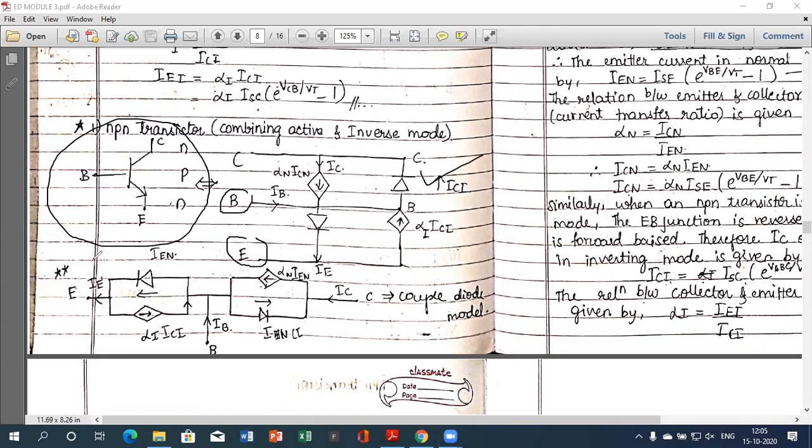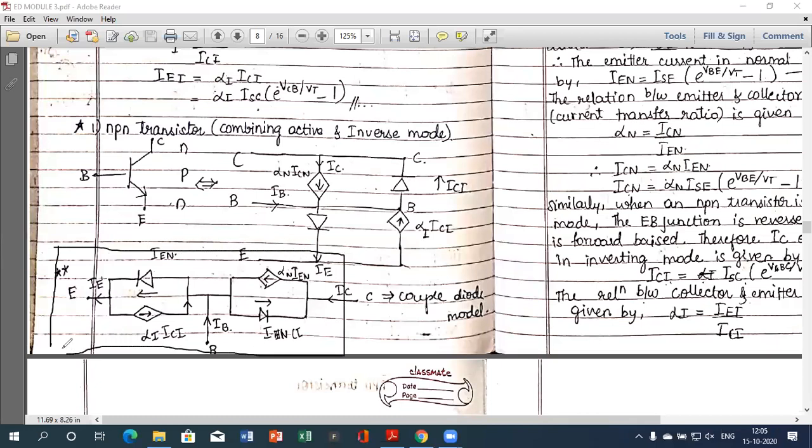Now this can also be connected like this, which is shown here. How is it connected? First we need to concentrate on the emitter. Look at the emitter here. For this emitter, there is one diode which is in reverse bias and one current source, which is connected in the opposite direction. Now look at this emitter. For this, a diode is connected in this direction, and the current source is connected exactly opposite. I hope it is clear for the emitter.